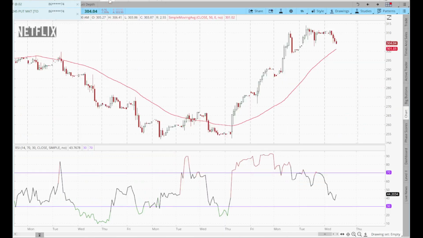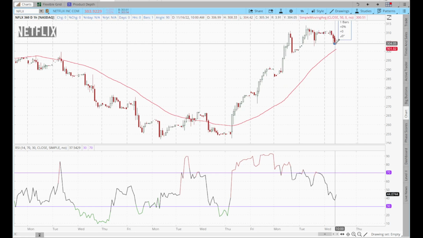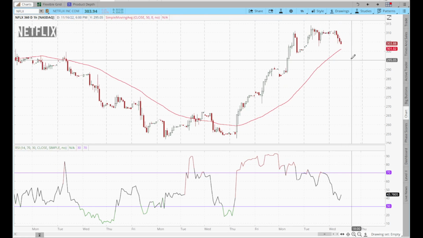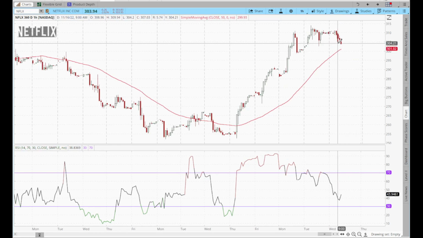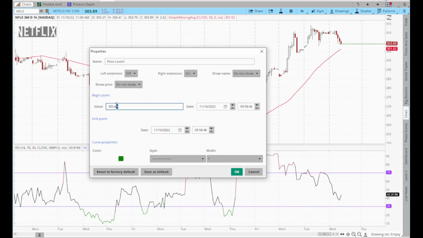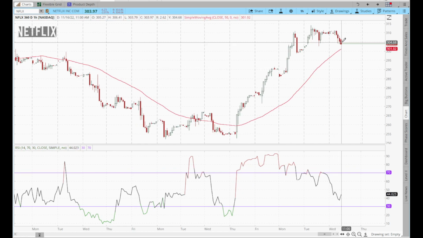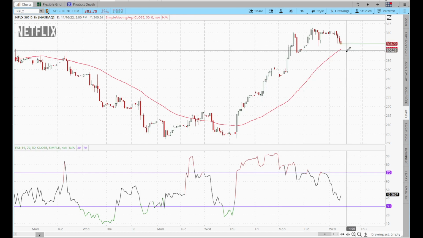So I just bought it, and the actual price of Netflix at the time I bought it was about 304. All right, so let's go ahead and get right into it. It was at 304, about 304 even. So this is where I got in. Right. So now that I'm in, let's say I want to let it ride if it goes down,